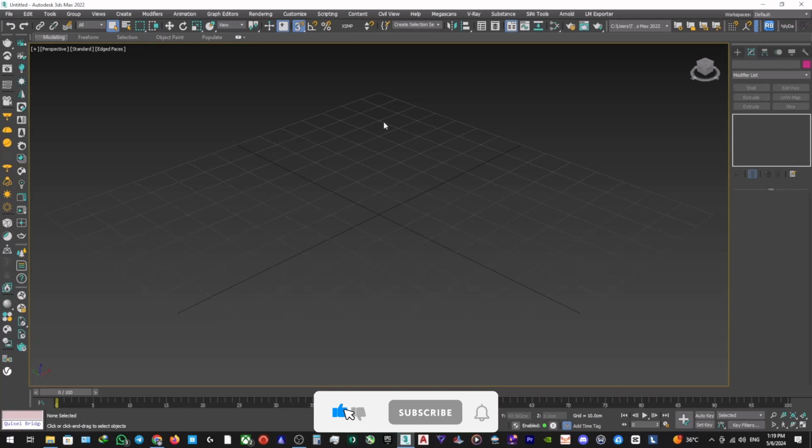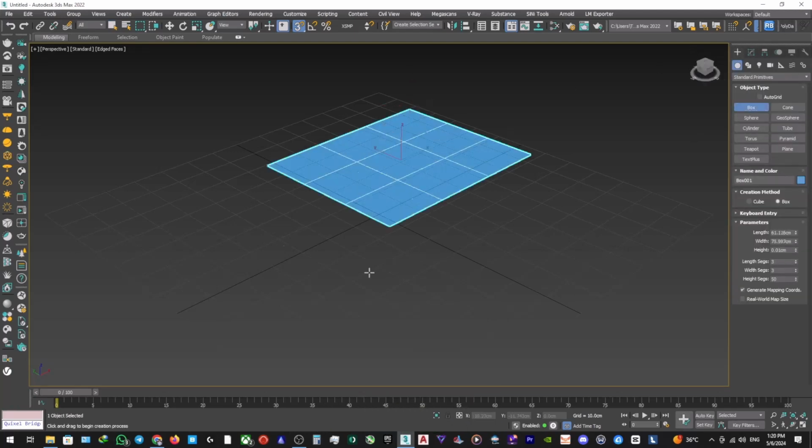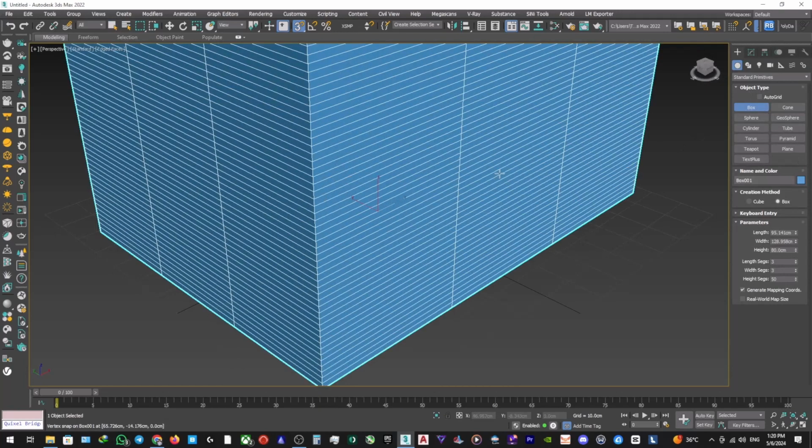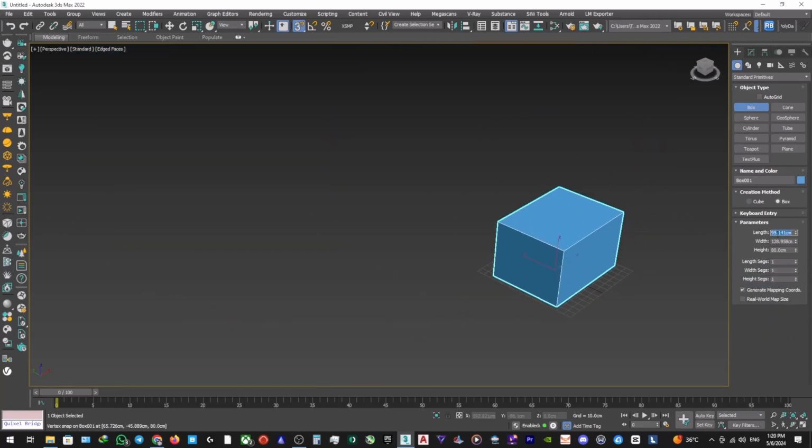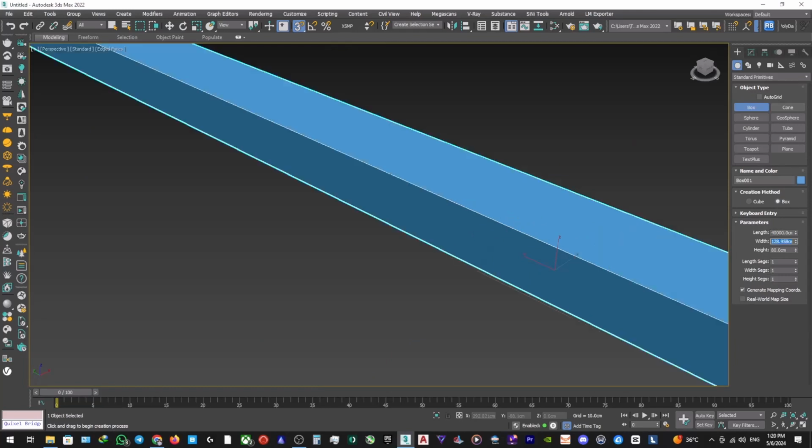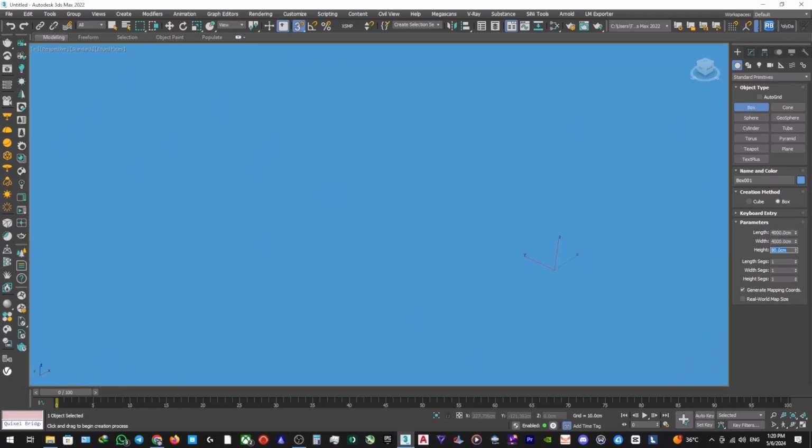Hello everybody, we want to start our new workshop. Welcome to our new workshop, and let's go fast to the work. For the first step, we use a box to make a main box. For the main box, for length I prefer to have 400 meters. 400 meters. For height is